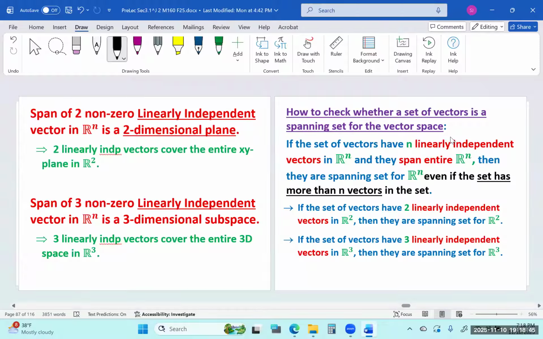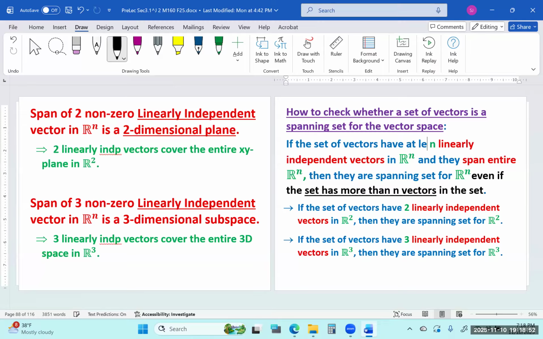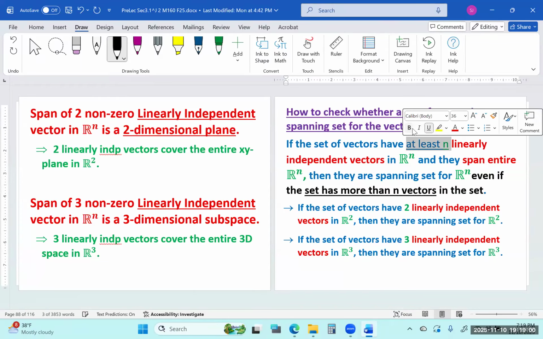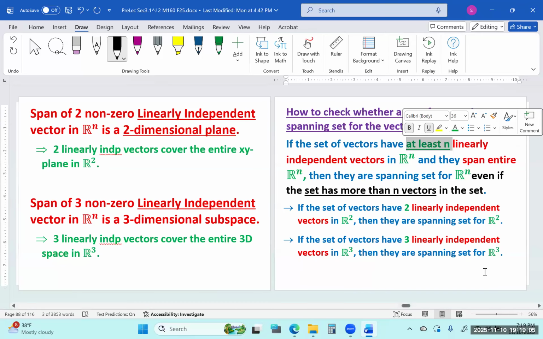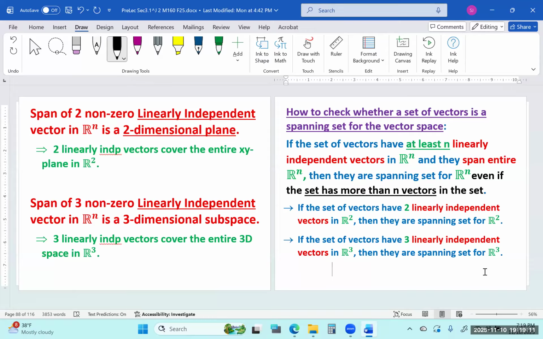The set of vectors has, I should write, at least